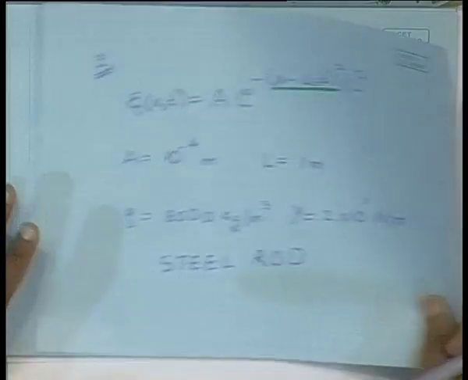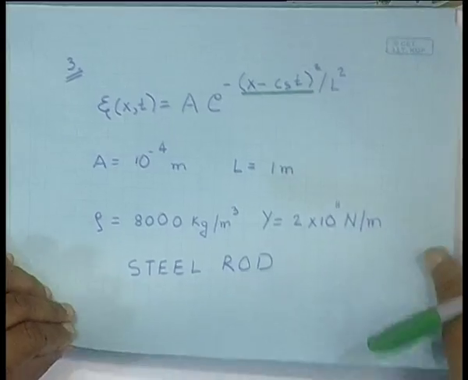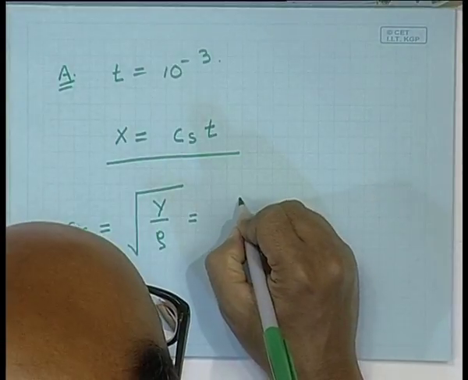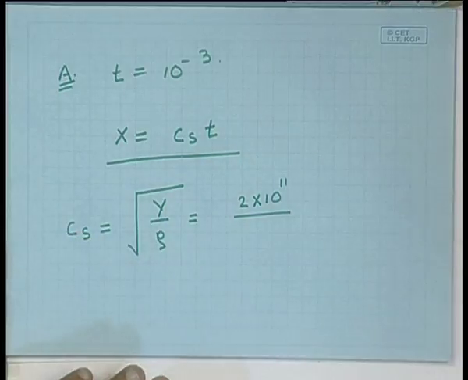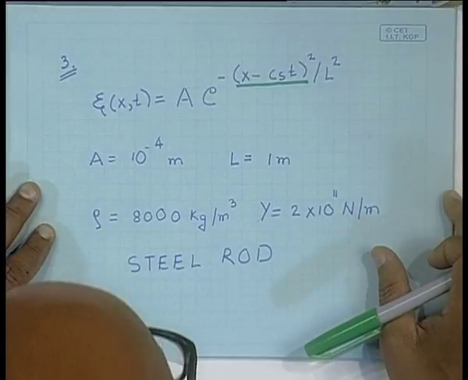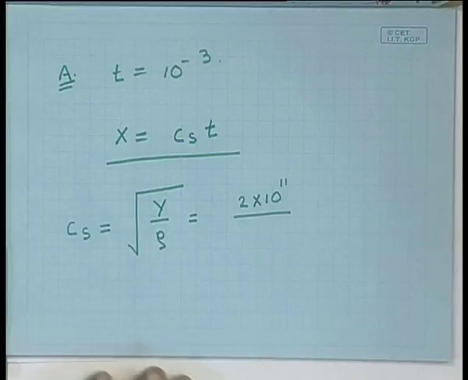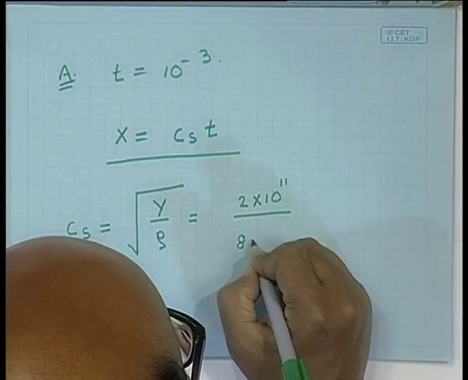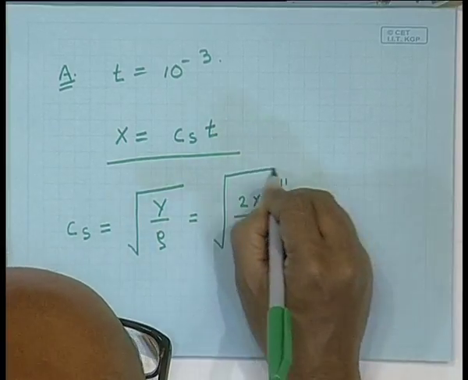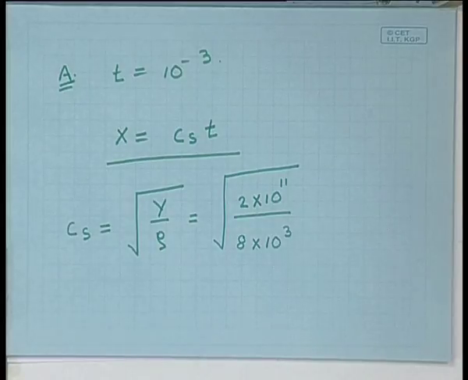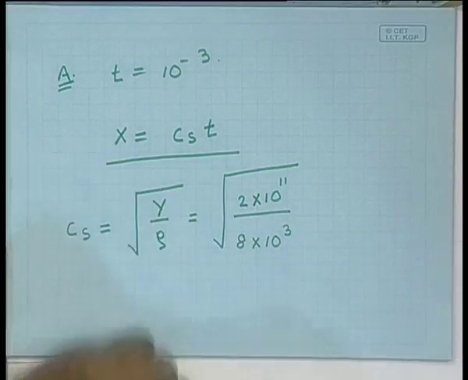And for this particular solid, the steel rod, the Young's modulus has a value 2 into 10 to the power 11 newtons per meter squared. So, this is 2 into 10 to the power 11 divided by the density of steel, which is 8000 kg per meter cube. So, this has to be divided by 8 into 10 to the power 3, and then I have to take the square root of this. So, 2 and 8, what I have left is 1 by 4, the square root of 1 by 4 is half,